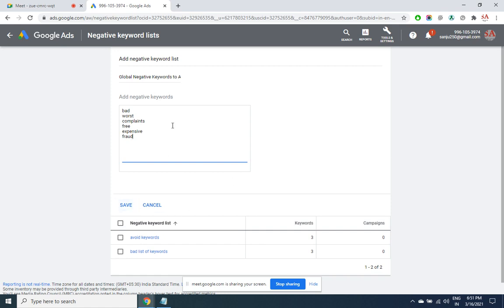If it is our personal campaign, we can manage. But if you are running an ad for your client, and in the reports the ads come for those negative keywords, your client will definitely backfire on you. Why was my ad displayed for a keyword which is not authorized at all? You have given him negative publicity, and over that you are charging him. So for such kinds of words, be very particular, and mark them even before you start a campaign. These things are important. Rather than giving them at campaign level, better give them here, so that we do not miss any negative keyword for any new campaigns that we create in future.